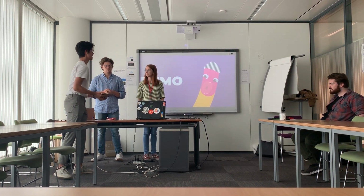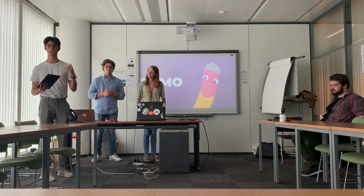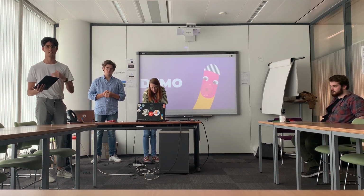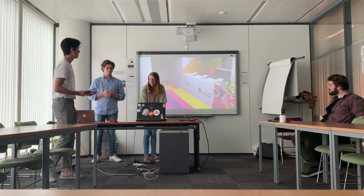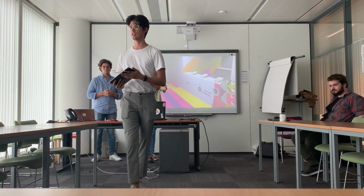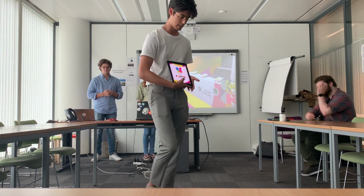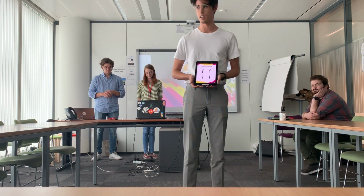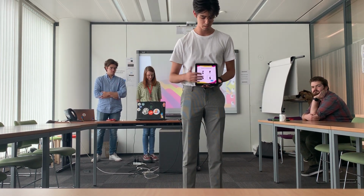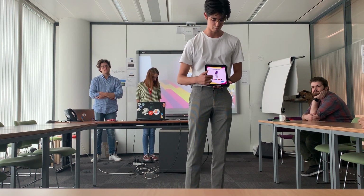So right now I'm just going to guide you through the user flow: when people come to the booth, what they will experience and what they will actually have to do. So like I mentioned, people come to the booth and they have the opportunity to configure their own character. I've made a little interactive prototype right here. You just get started, and they are presented with different body types, so they can select different kinds of body types, and can choose different colors, maybe